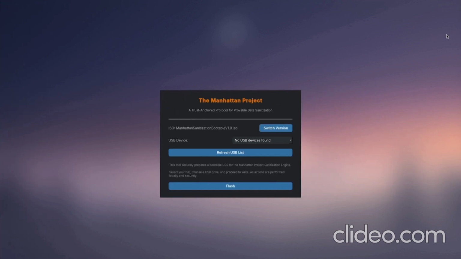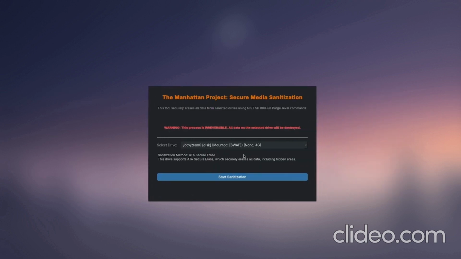This is how the media creation tool will look. Currently, I've used the Manhattan Sanitation Bootable version 1. I have given an option to the user to switch versions in case I update the application and the cleaning ISO file separately. Right now I haven't connected any devices, but if you have any devices listed, maybe a pen drive for instance, it will show up here. You can then flash the ISO file on the device,